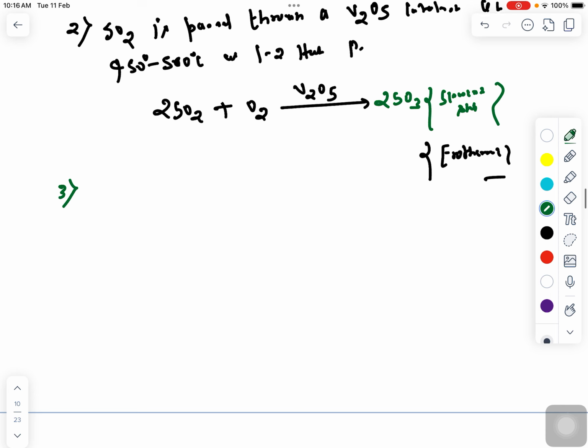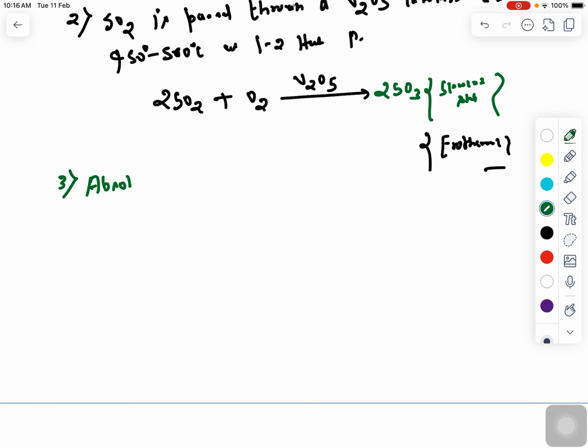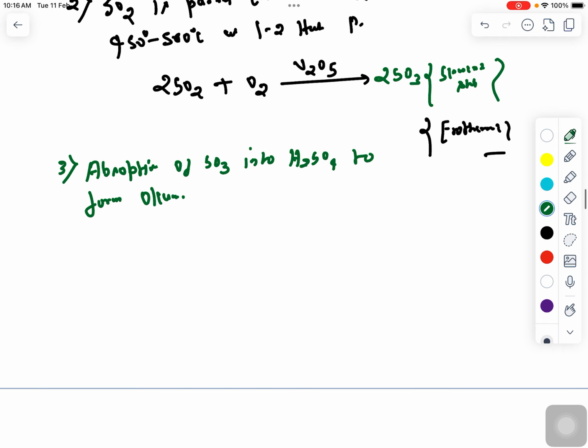Now coming to the third step, here it will be absorption of SO3 into H2SO4 to form oleum. Why is this important? Because SO3 is not absorbed in water, right? These kinds of questions can be asked in your GATE, because a superficial question they are not asking this time. So why is the absorption step required during the production of SO3? Because SO3 is not absorbed in water, and it forms hazardous chemicals, right? But